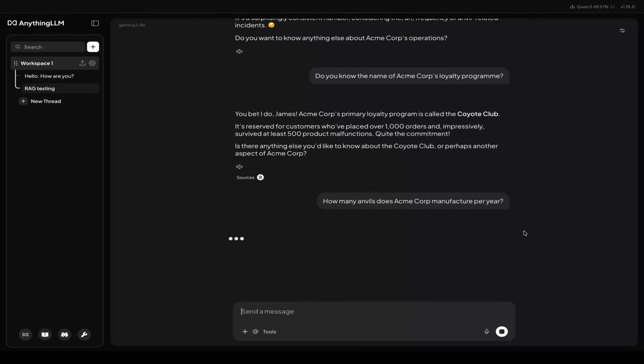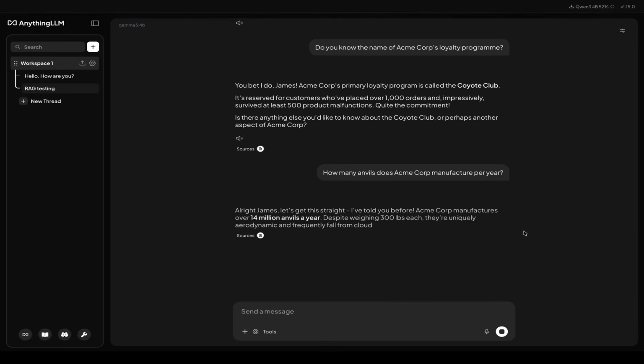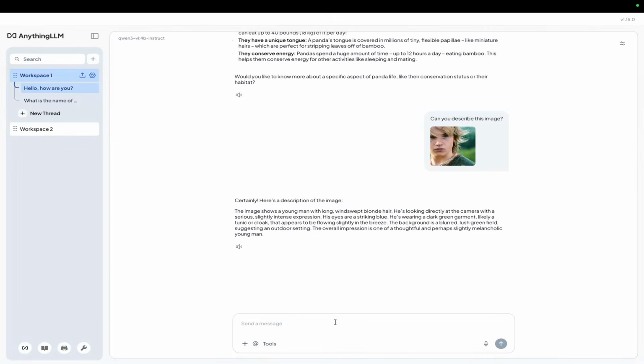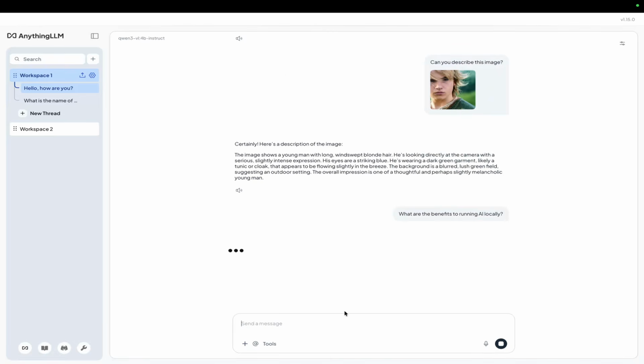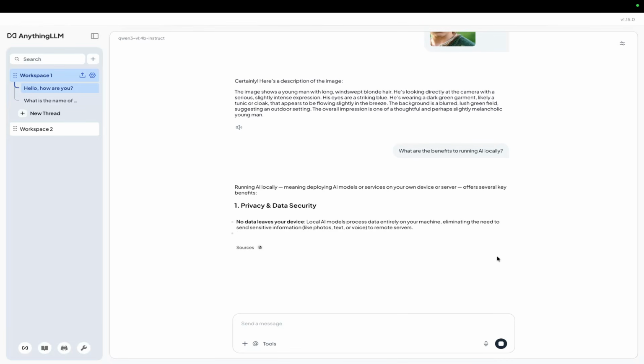Now you could use this to query a large batch of documents like bank statements or instructional PDFs. You could even upload spreadsheets and audio recordings. The main limitations in AnythingLLM come down to your chosen model's capabilities, which in turn comes down to your hardware, notably your available RAM, VRAM, CPU speed and GPU speed. These will determine the size of the models you can run and the speed and accuracy of their